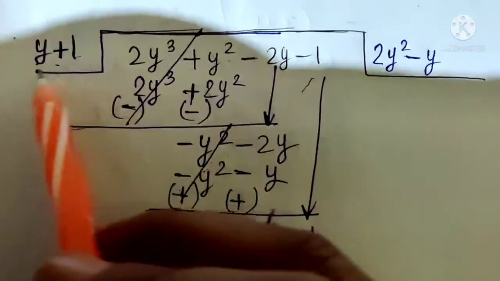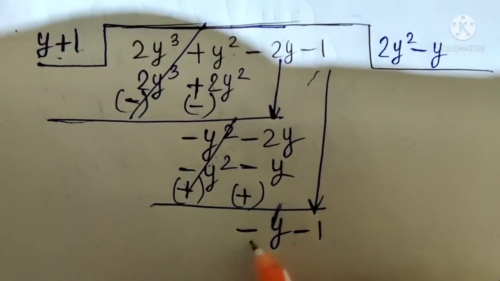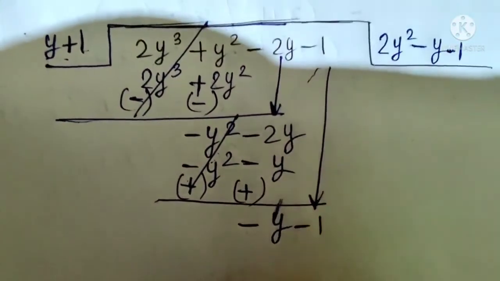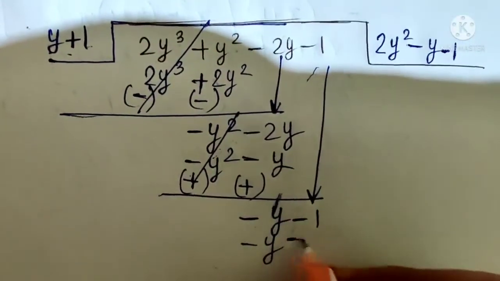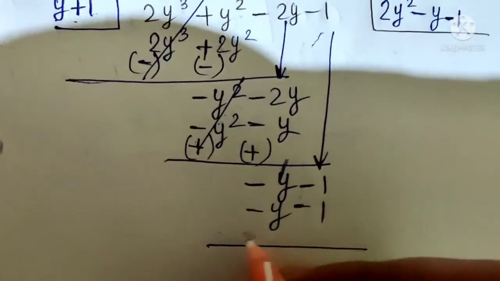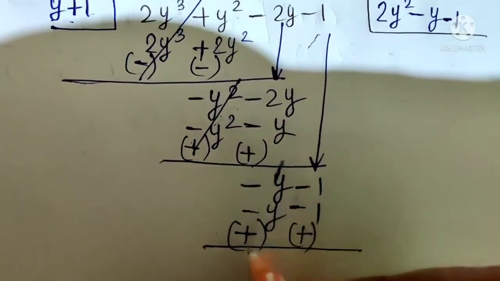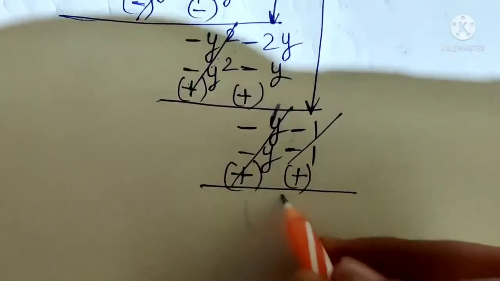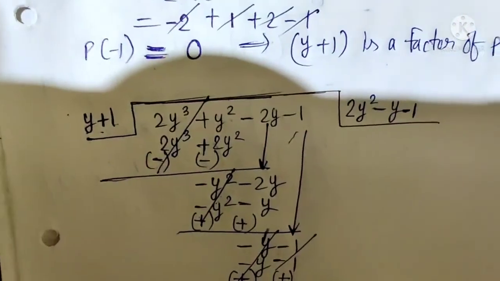By which number should I multiply y plus 1 so that it becomes minus y plus 1? It was y, I need y only, but here I need minus, it is plus. So multiply by minus 1. So it becomes minus y, and minus 1 into plus 1 becomes minus 1 only. Okay, now I have to change the sign again. It becomes plus, it also becomes plus. So minus y plus y cuts, minus 1 plus 1 cuts. How much is left? 0 left. Okay, so what are the factors of this dividend of this given equation?